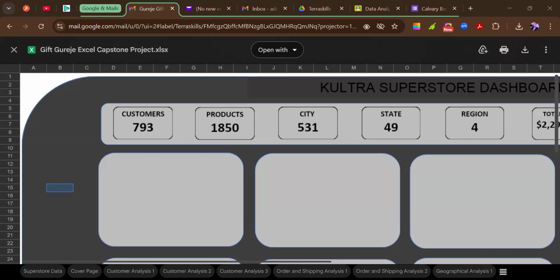Okay. Now about slicers. I said that not every chart is going to make it to your dashboard. Dashboard is the compilation of some of the most important information on the report. Now, the charts and information that did not make it to your dashboard, that is where your filters, your slicers, come in, so that you can filter the information you have on your dashboard using the slicers.